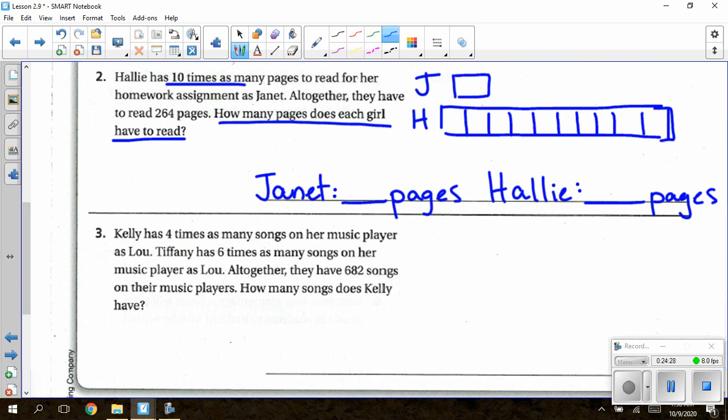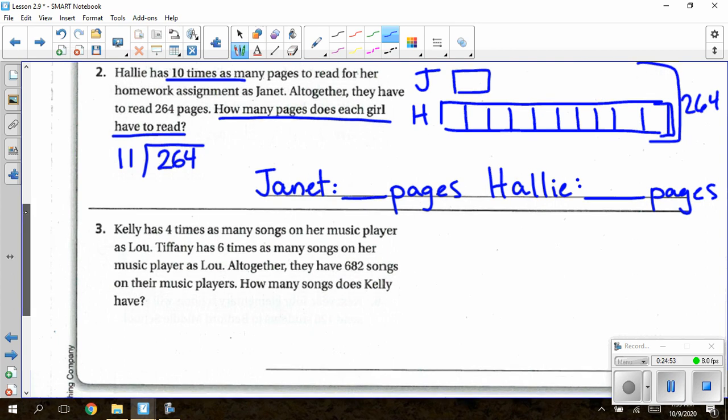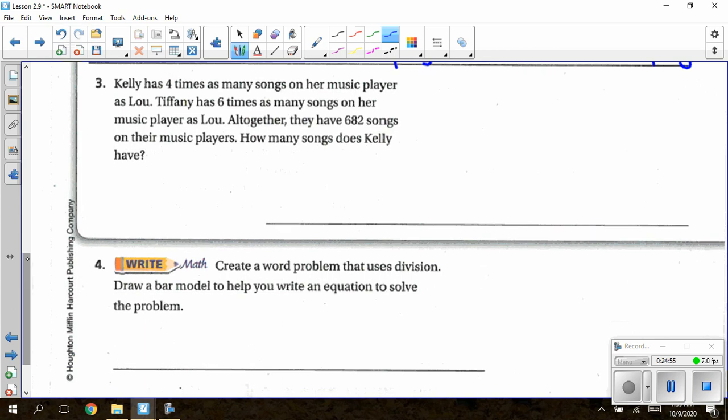All right, and then I know combined, they are reading 264 pages. So now I can set up my division problem where we have to take the total number of pages divided by the number of boxes, which is 11. So make sure you find the number of pages Janet has to read and then the number of pages Hallie has to read. Moving on to number 3,